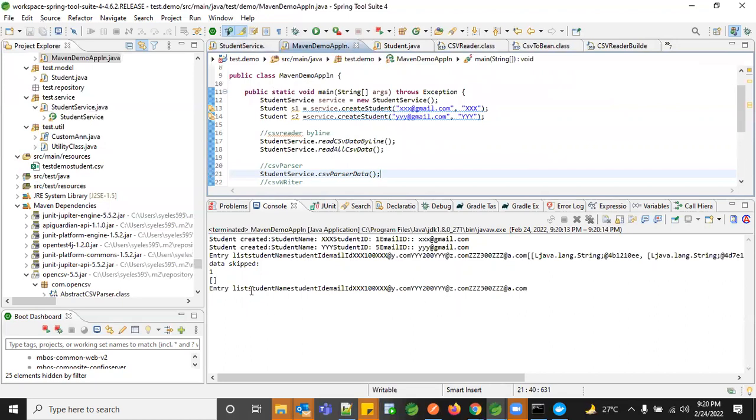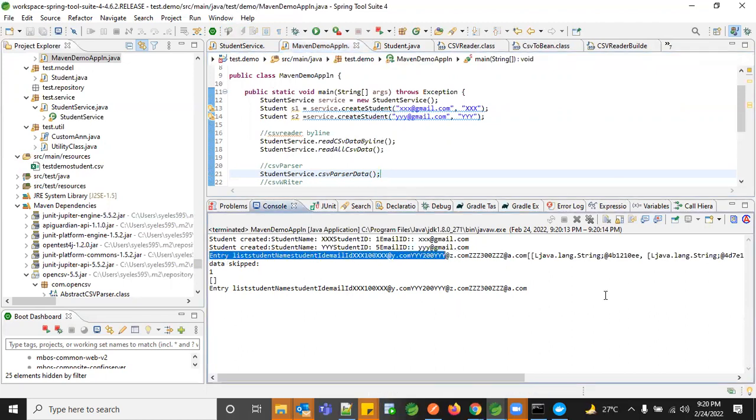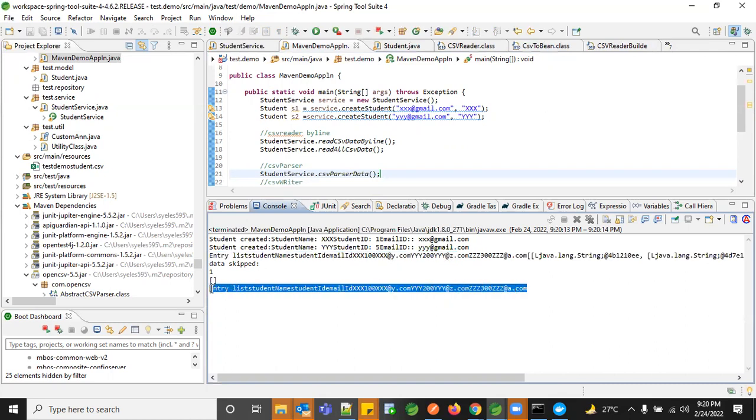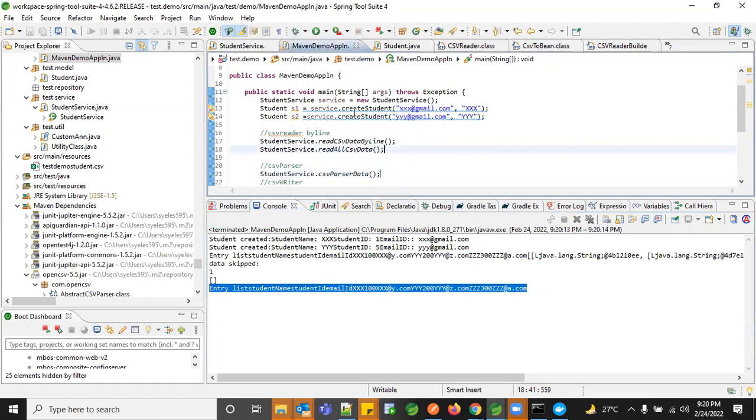If you see here right now, the data has been parsed, which is similar to your above one, which you used as read next. If you have multiple ways to read your data, I prefer you to go with this parser logic, because when you create your customized CSV and different template structures to read your data, it's always better to use the parser rather than reading it directly using the read all method or read next method. It's always better to have your own parser logic and then read from it.